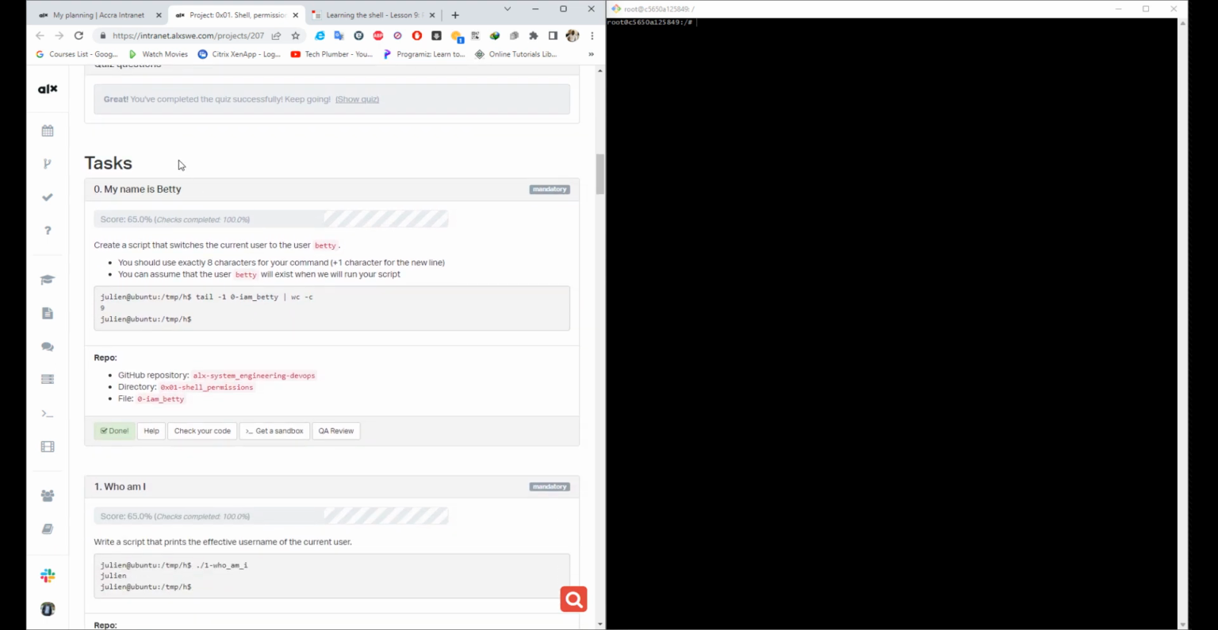So let's go to our task 0. Our task 0 says we have to create a script that switches the current user to the user Betty. And we have to do this task in the alx-system_engineering-devops repository. So if you don't have this repository created, just go to your GitHub, create the alx-system_engineering-devops repository and clone it to your terminal. From there, you navigate to this particular repository, the alx-system_engineering-devops. Then you create a directory named